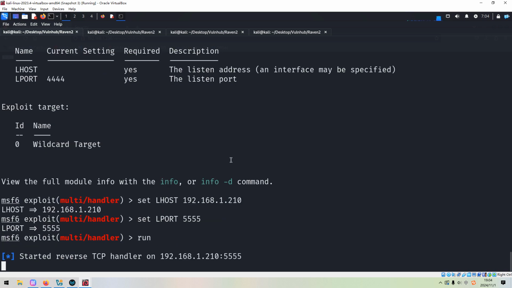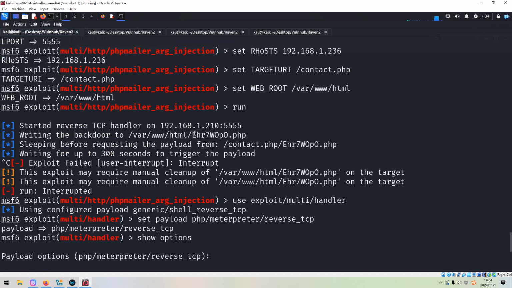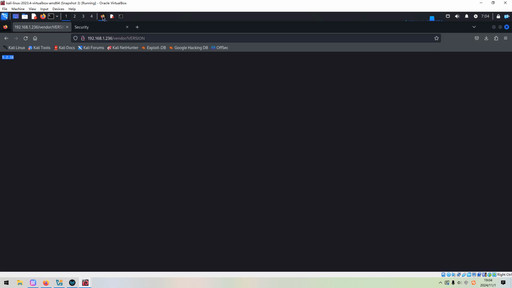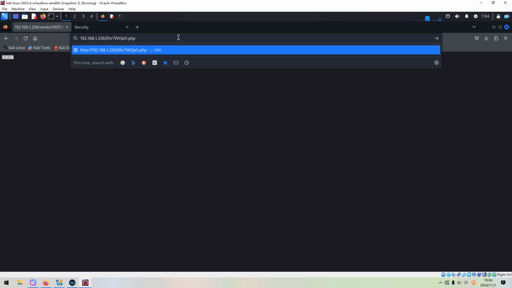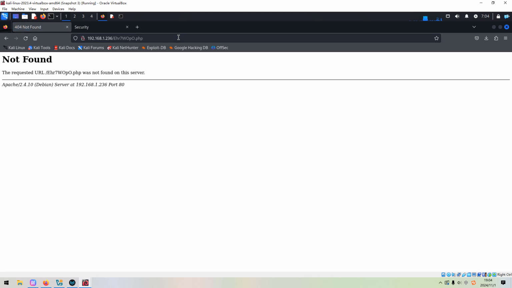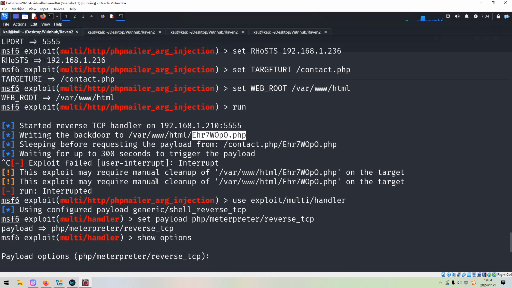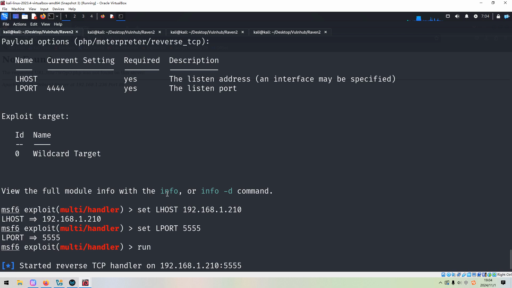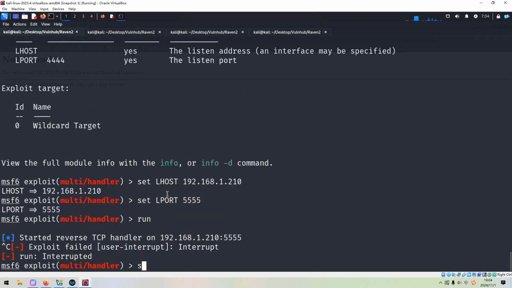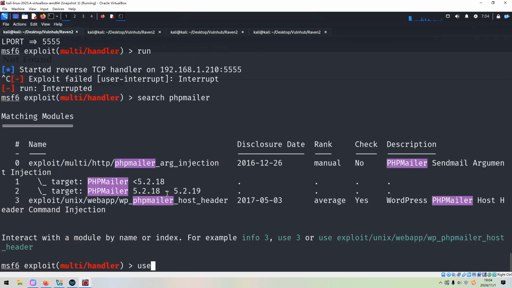Okay. So now we can copy this page, because this should be the backdoor, and put it at the end. But it doesn't work. Interesting. Maybe I need to repeat this process. Search PHP Mail, and then we can use this module.